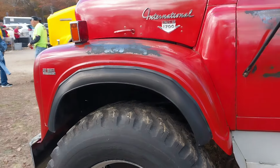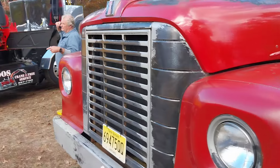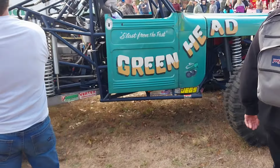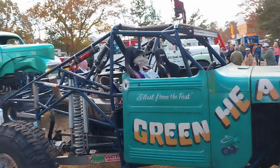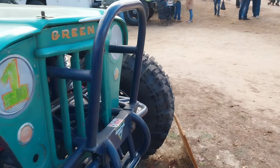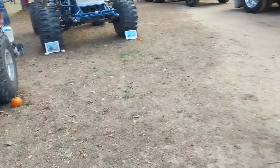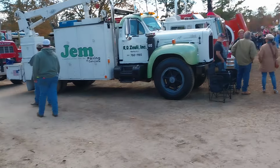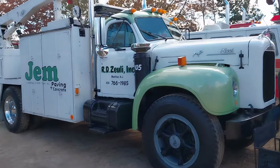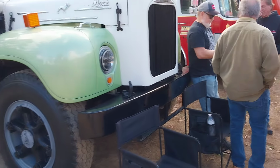Now we got a little International Lodestar, slightly modified. Then we got a little buggy right here that goes off-roading. And also a Willys-bodied one too. Nice. Here's a slightly modified Mack right here. Its B body nose has been extended to fit a different engine in it. Pretty odd, but